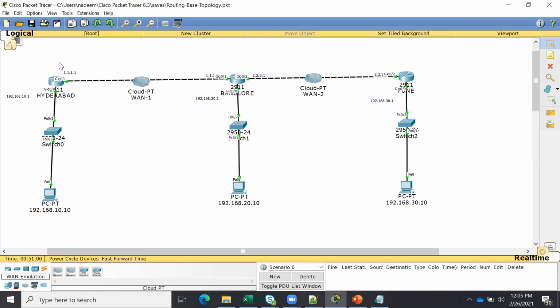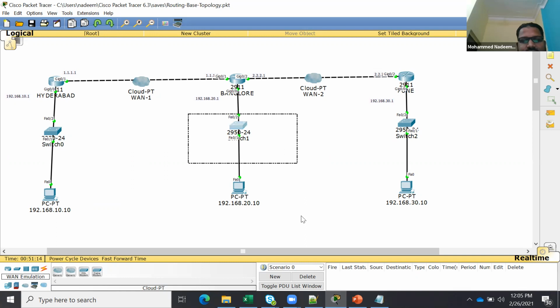To the Hyderabad router, how many networks are directly connected? 2 networks. Perfect. How many networks are not directly connected to the Hyderabad router? Obviously you will say this network, this network and this network. So 3 networks are not directly connected.